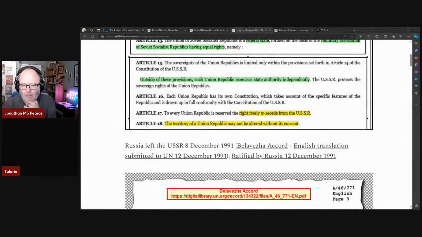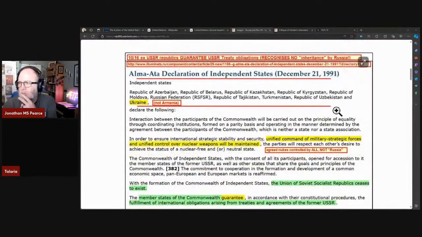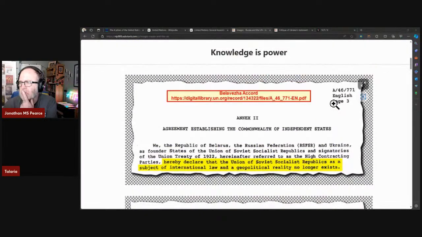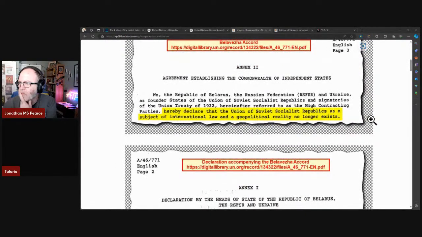It went out of existence when, and if we scroll down on our list of documents, down to the Belavisha, next one down, those 2 right there, just above there. Okay, so here we have the 8th of December. This is the date that Russia left the USSR, and you will see here that they signed a treaty called the Belavisha Accord. This was Belarus, the Russian Federation, and Ukraine. The 3 states